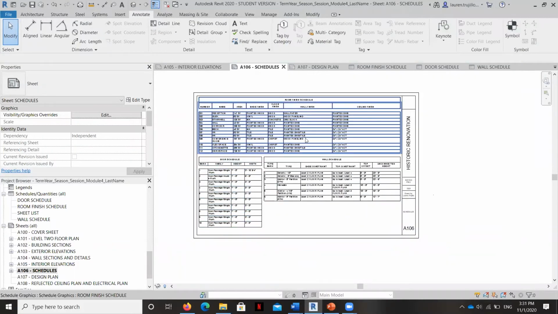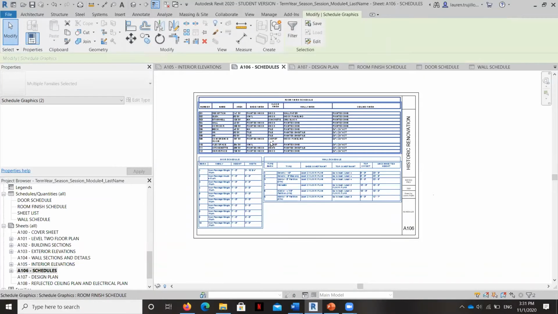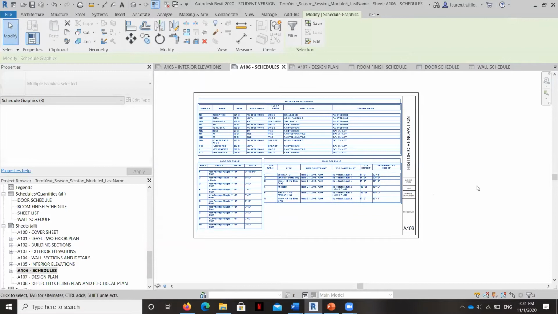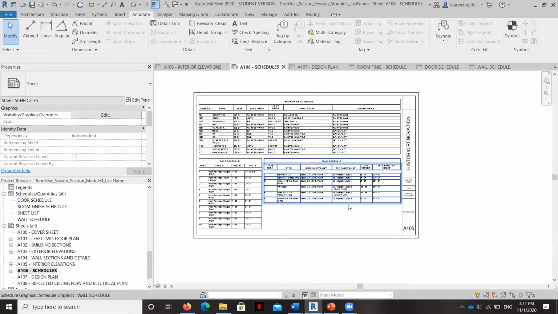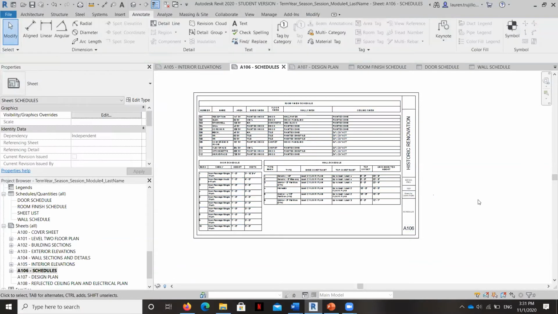And you can see now that the margins on either side are the same here and then consistent in between schedules here. So all I need to do now is shift these all down just a little bit so that the top and bottom margins are the same. You can see here, we'll bring it down just a little bit more. Okay. And so that schedule page looks very nice.